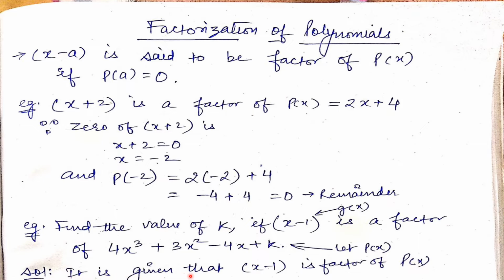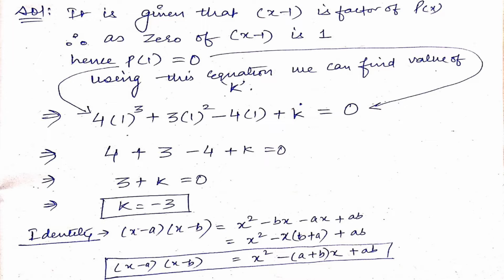As it is given that x minus 1 is a factor of p(x), we can say the zero of x minus 1 is 1. How? We have put x minus 1 equal to 0. This minus 1 when it went to the right side became 1. So the zero of our g(x) is 1. So we will find p(1) and we all know it is equal to 0. Why is it equal to 0? Because the question itself says that x minus 1 is a factor. So whenever we put 1 in the polynomial, the remainder will surely be 0.